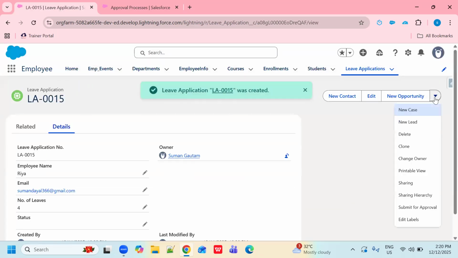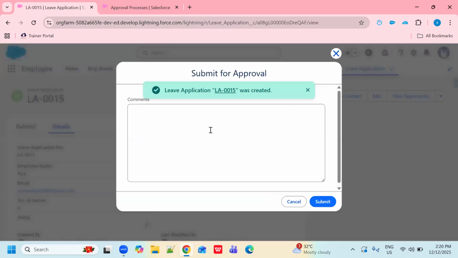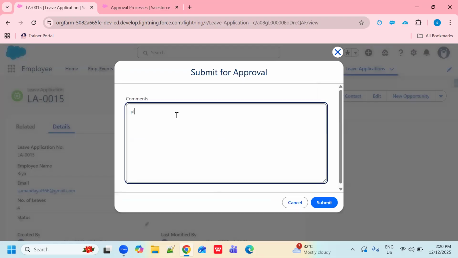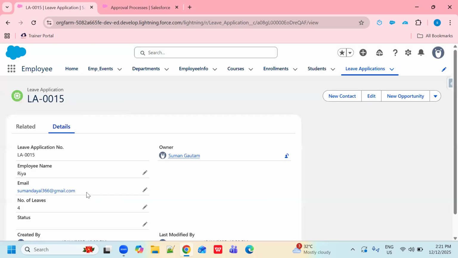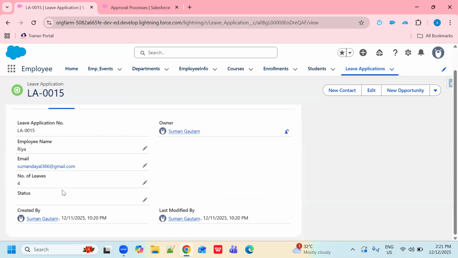So if I will put this record for the approval, please approved, right? So you will see there is no applicable approval process was found because it is not matching our entry criteria, because leaves are less than 5, right?